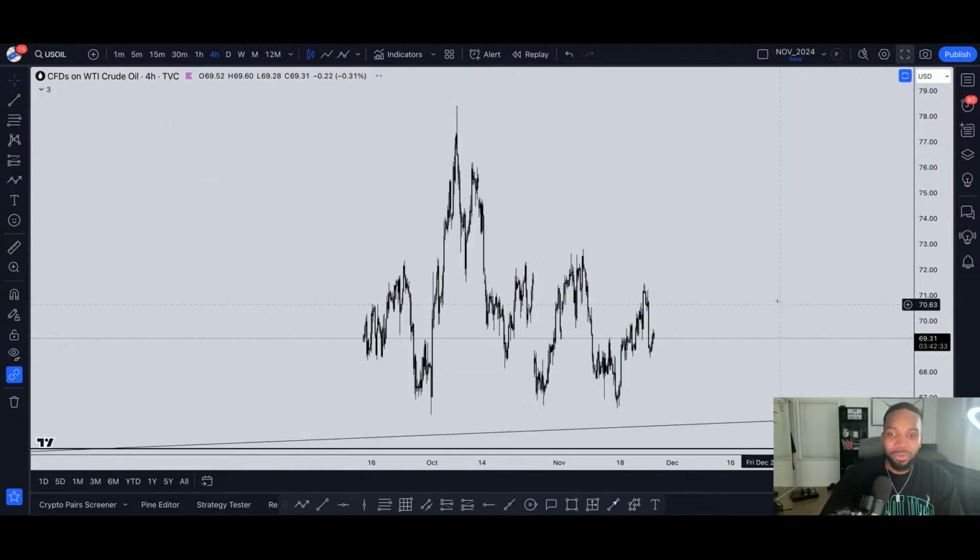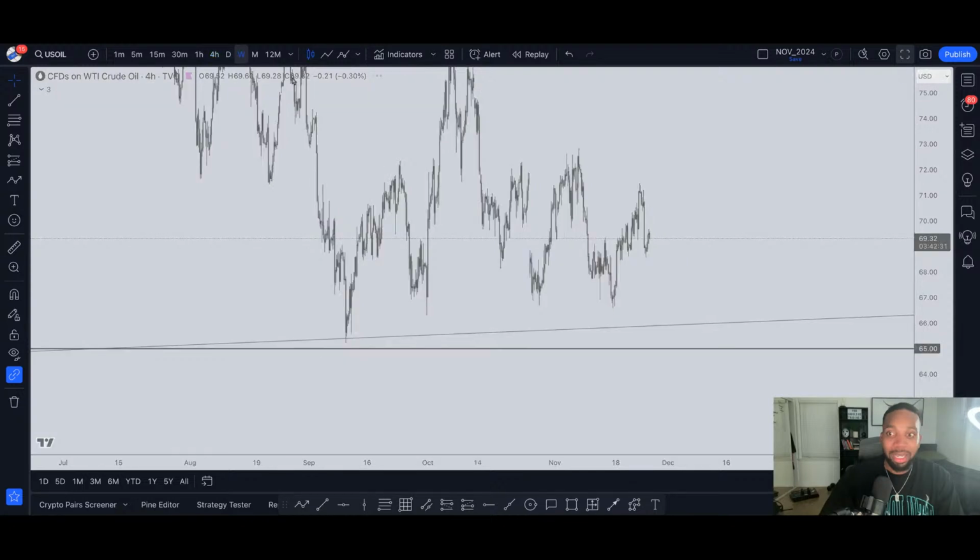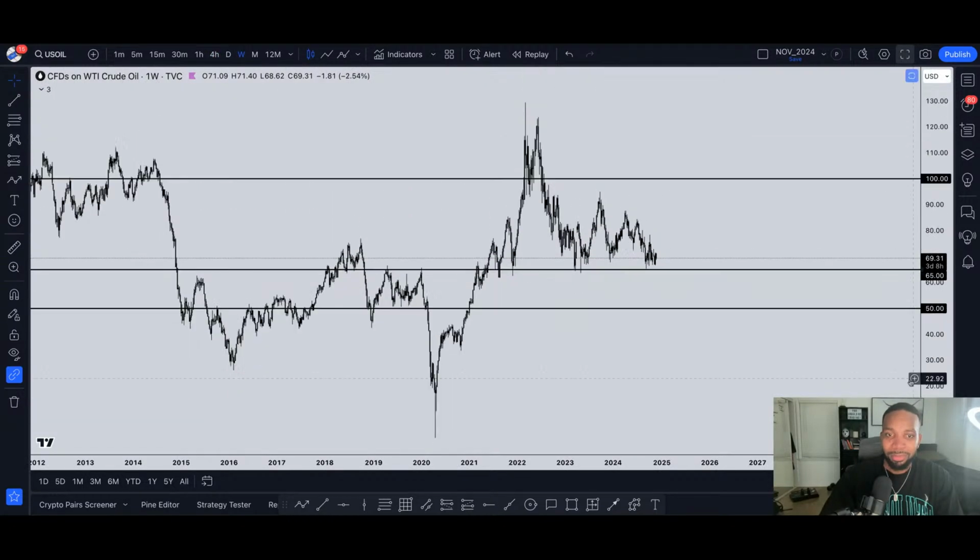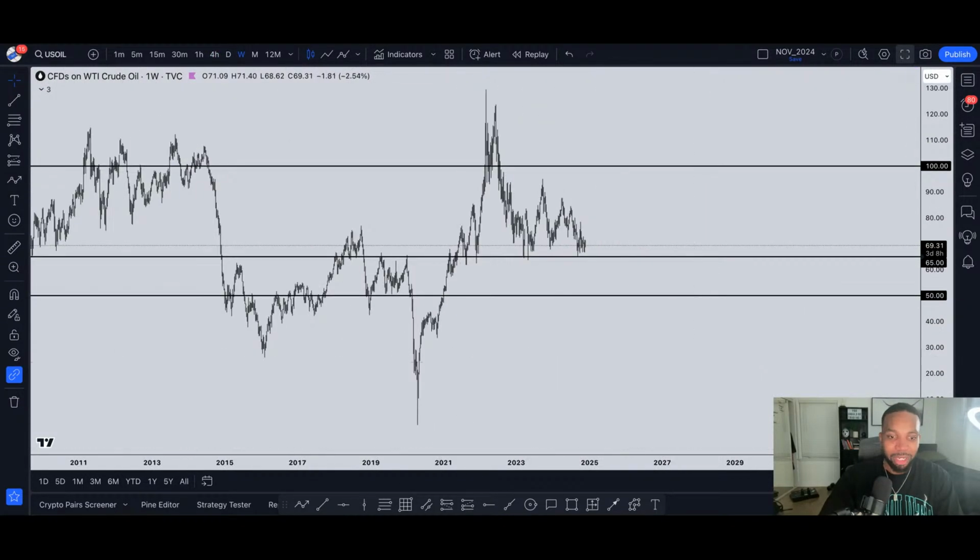And then oil, I'm looking at oil on the higher time frames. This is a higher time frame setup. Liquidity, sweep, break above, multiple retests. We're just hovering around here. I want to see you dip in there and then take off. We'll see what happens though. Between $50 a barrel and 65, I like that area a lot.